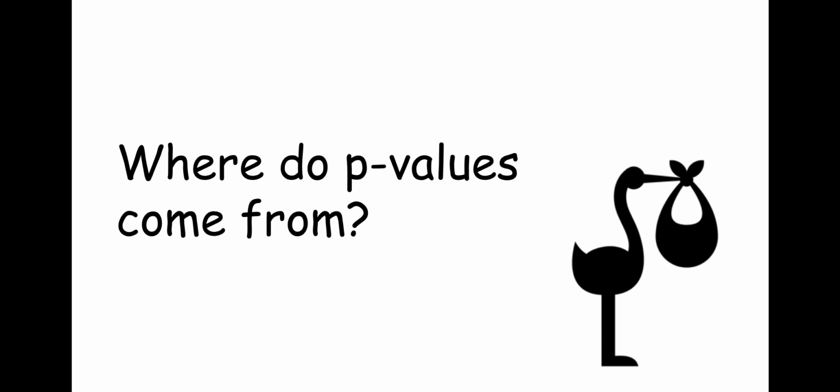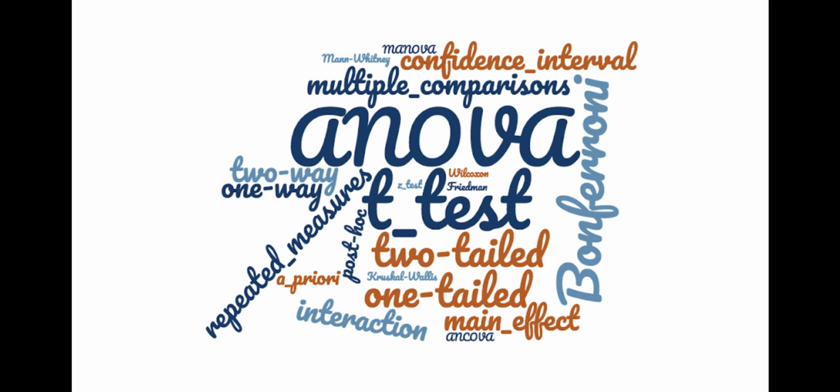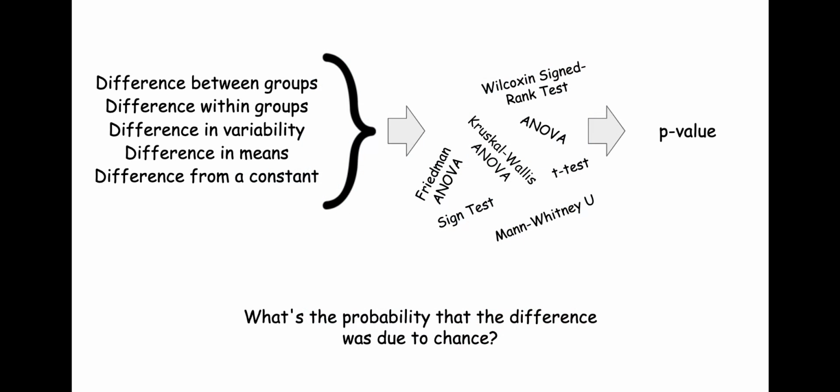Now that we know what p-values are, the next question is, where do they come from? P-values come from statistical tests, and there are a lot of statistical tests. Our goal for this class is not to understand all of the intricacies of all of these different tests. Instead, we want to focus on the important underlying idea that the investigators did a test and got a p-value,